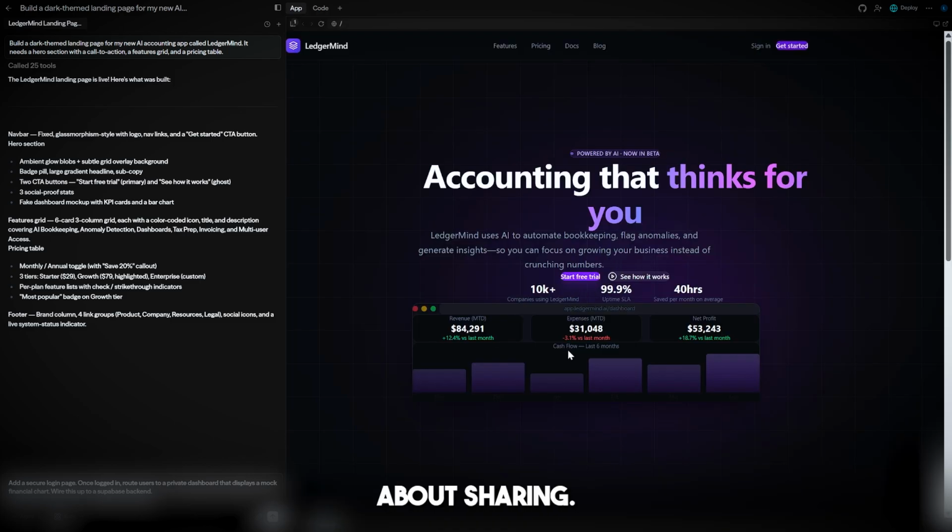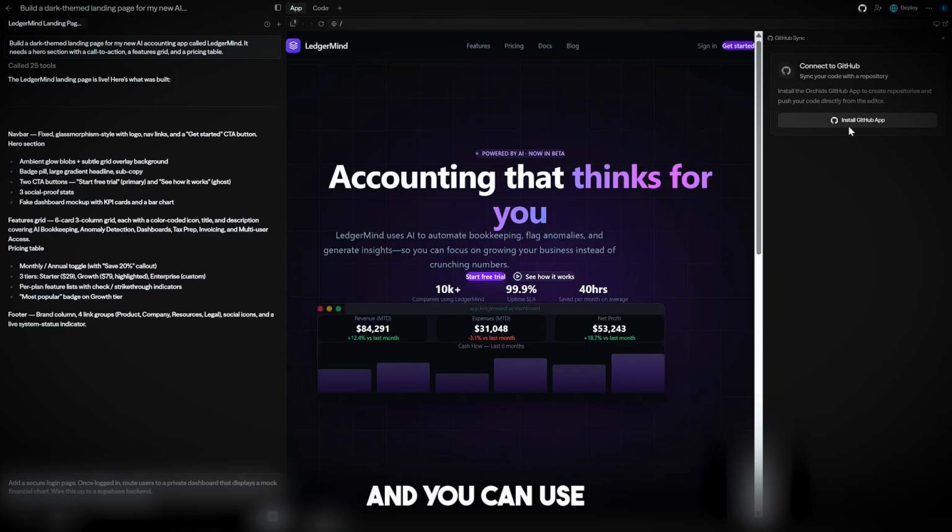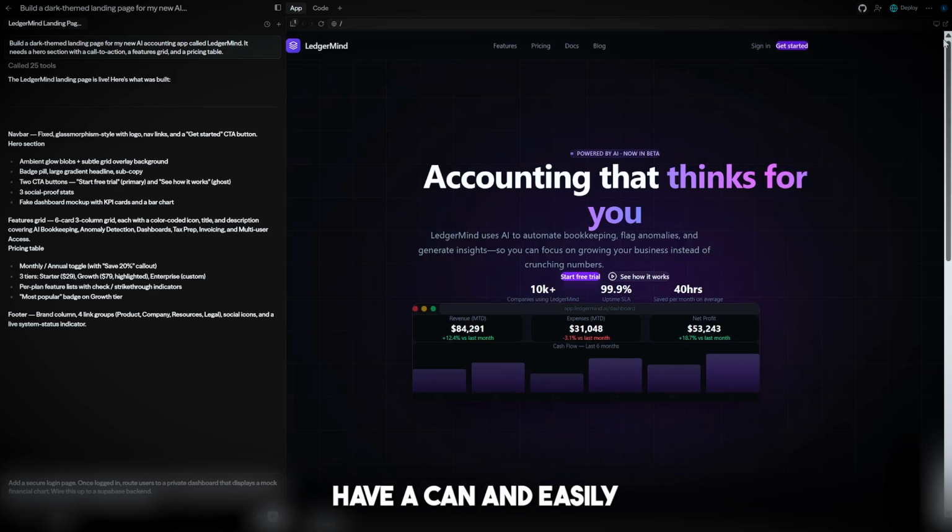Okay, now let's talk about sharing. This is very easy because this is integrated with GitHub. So you can just click in here on GitHub and you can just connect your GitHub account and easily upload it there. Not only that, but you can share with your team and friends so they can experiment and they can include new features. So you can click on share. And finally, when you're ready to launch, deployment is a one-click process. You can just click on deploy